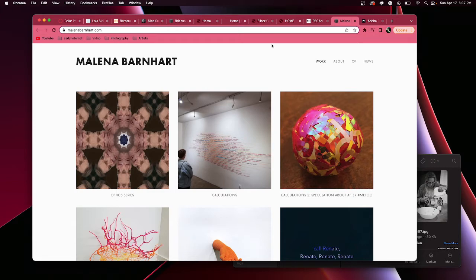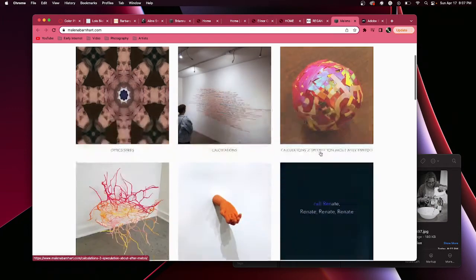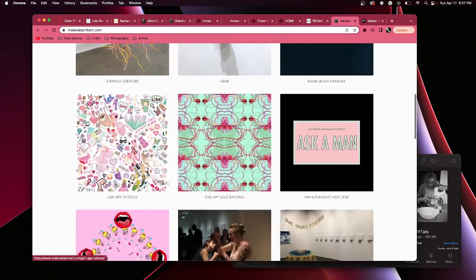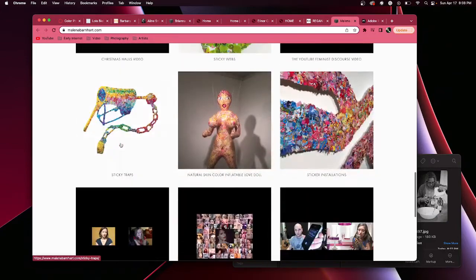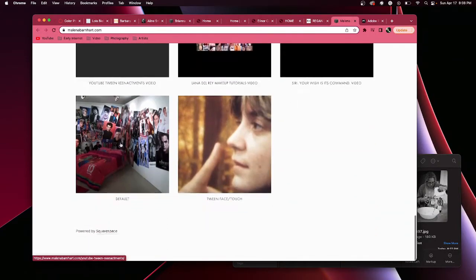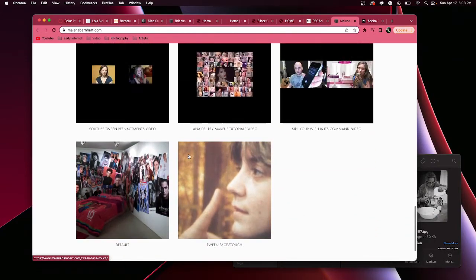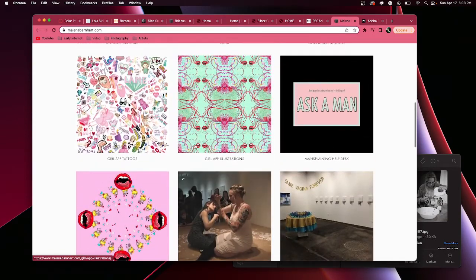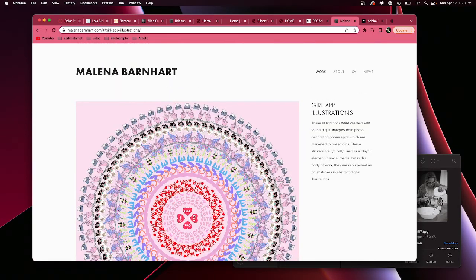So Milena here, it's pretty simple. You have just her name, and then you have the navigation here. We have work, about, CV, and news. We have square images, and they're different pieces of work. We have installation, photographs, video, etc. But you can click on one, and we have the title of the work